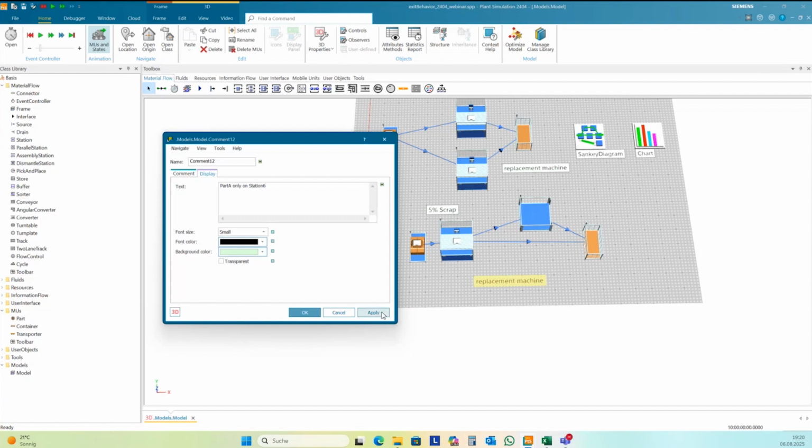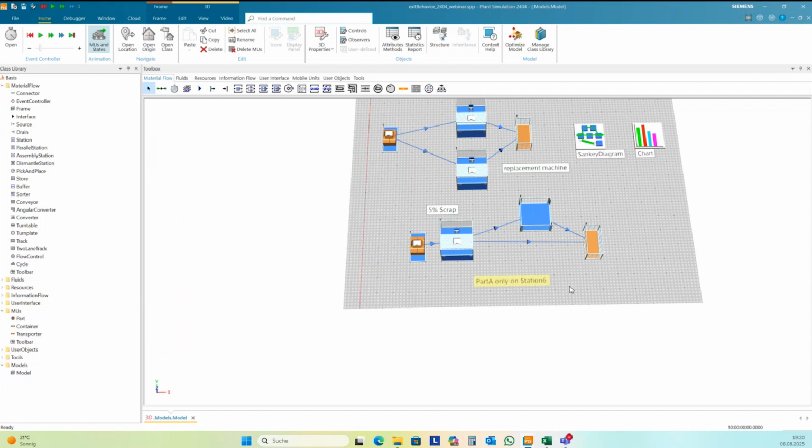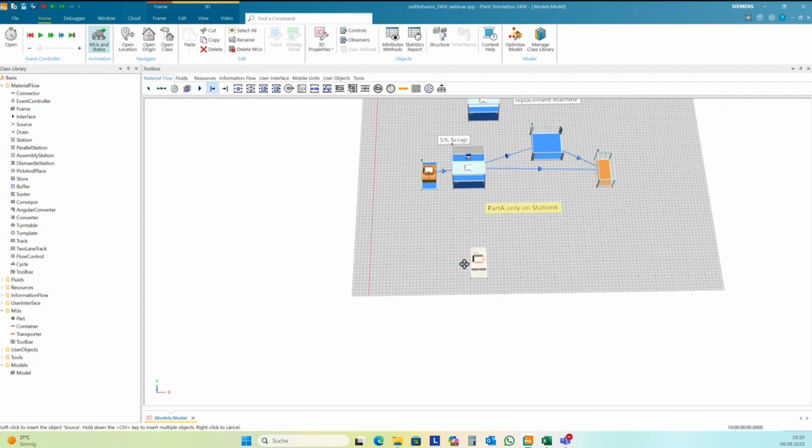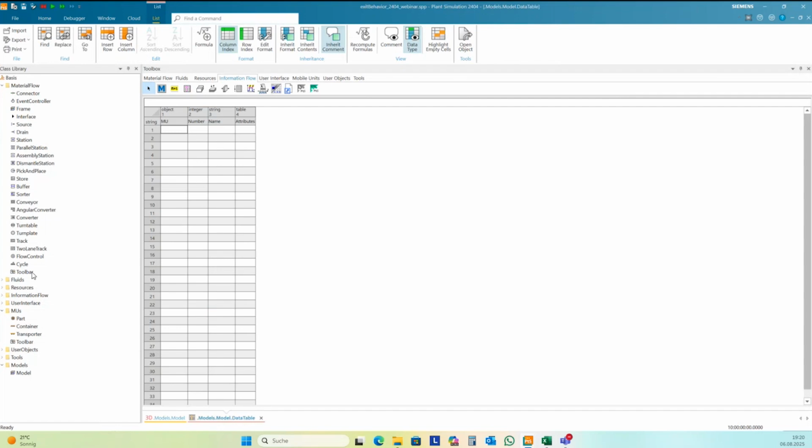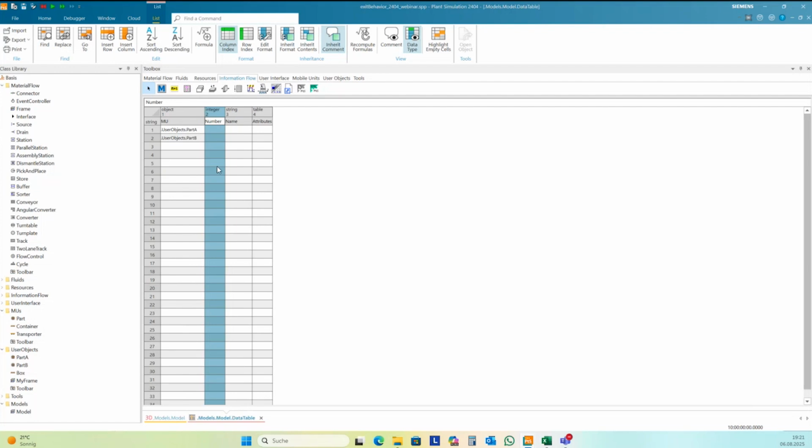If you need to distribute the parts by name, so a very simple example here. I have a source and I need a table for my source to create a sequence. I want to have part E and part B. I want to have 5 part E and 1 part B in a sequence.